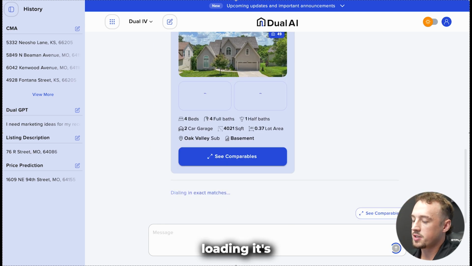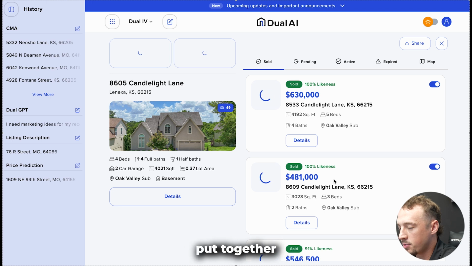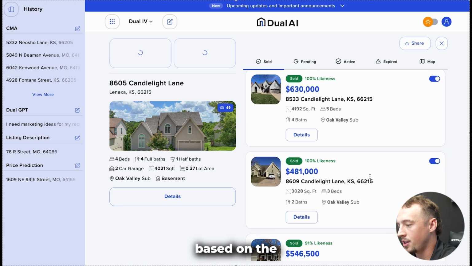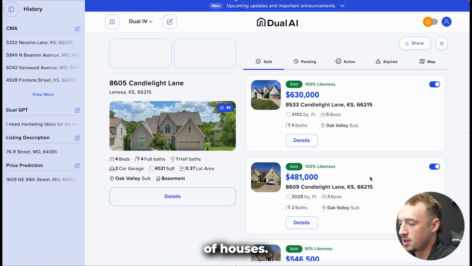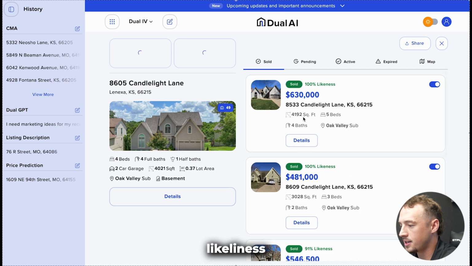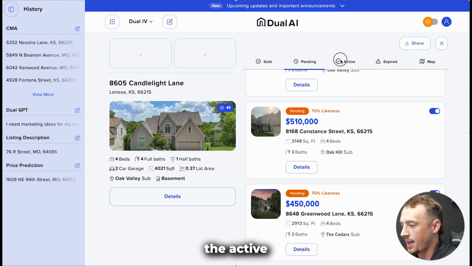Now, while this is loading, it's going through an advanced system and algorithm that we've put together, and we've trained a large language model on based on the pricing of houses. As you can see, we have the sold comps with all the details and information and the likeliness. We have the pending comps. We have the active,